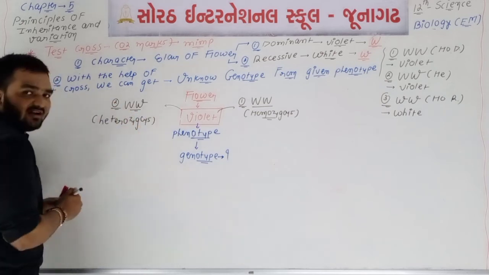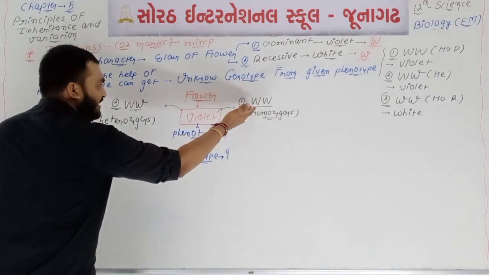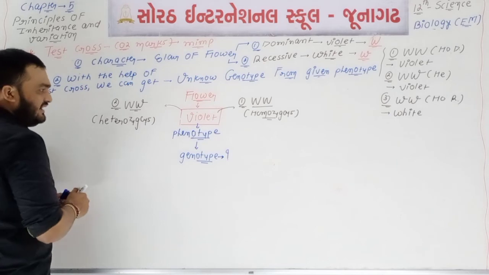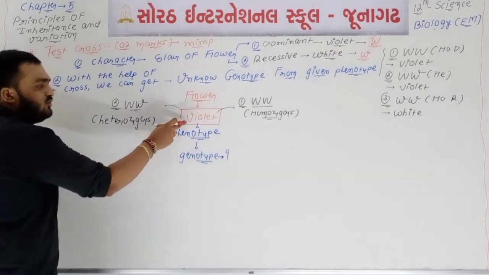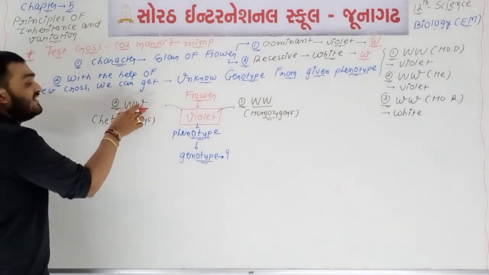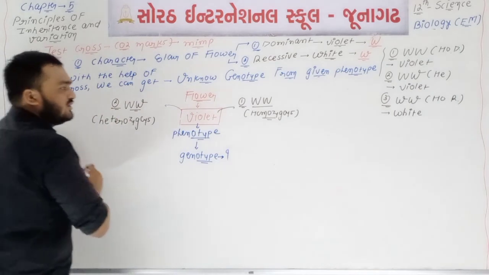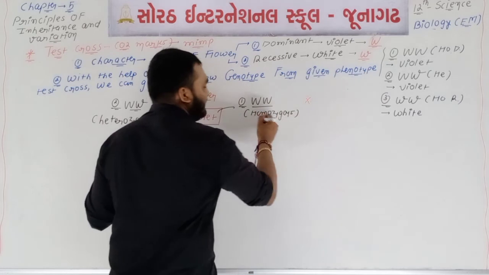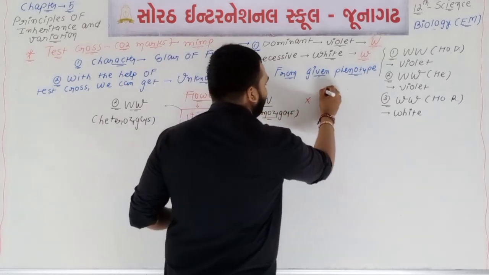So two options are there, either homozygous or heterozygous. But in test cross we know the phenotype violet, but we do not know the genotype. So the cross is a must of the unknown plant with